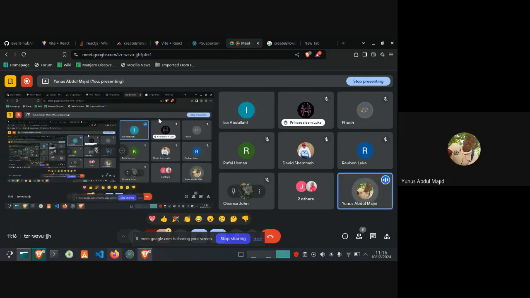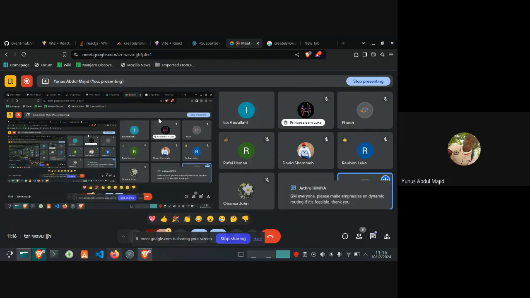Can you guys see my screen? Yes, we can. Okay. Due to the short notice, don't worry. I will try to work on that with you guys on this call concerning dynamic routing. I can see that it's one of the things that gave you guys issues while working on this project, but we'll touch on that today. Today, due to the short notice of the call, I just found out this morning that I'm going to take this session with you guys, so I really don't have time to build new things.